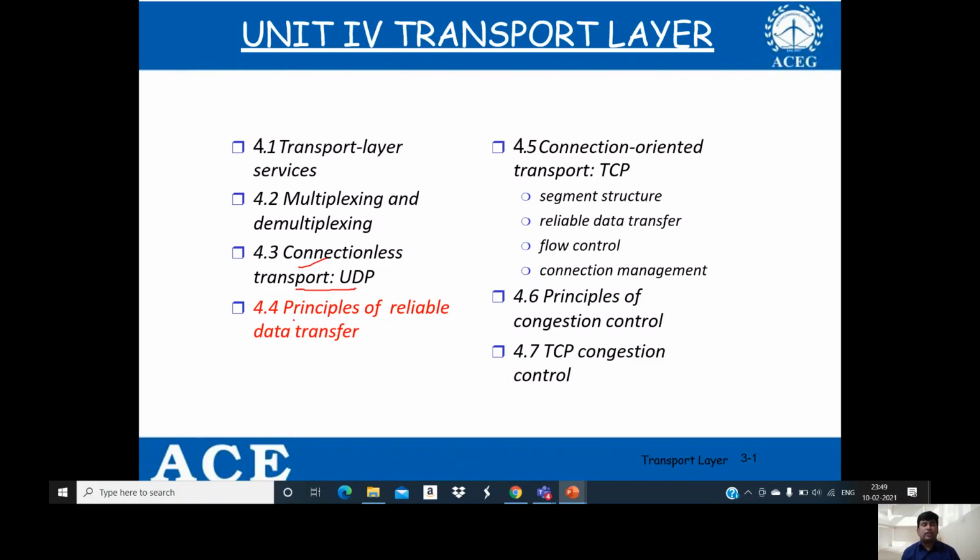understand a topic called principles of reliable data transfer. So one of the important functions which a transport layer is expected to provide is reliable data transfer to the application layer. How do we provide that? We will discuss in our principles of reliable data transfer, and then we will try to discuss the connection oriented Transmission Control Protocol. So let us start our discussion about the principles of reliable data transfer and how do we provide that in transport